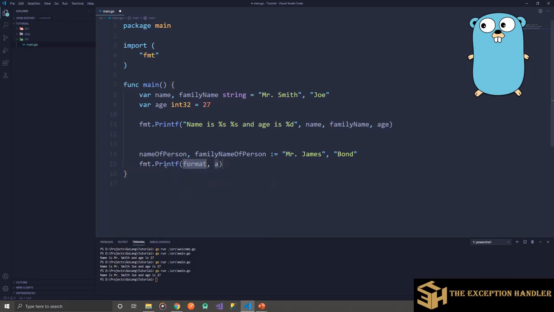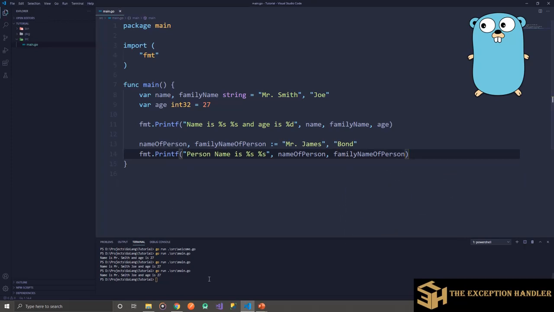So person name is %s for the family name, name of the person, family name of the person.